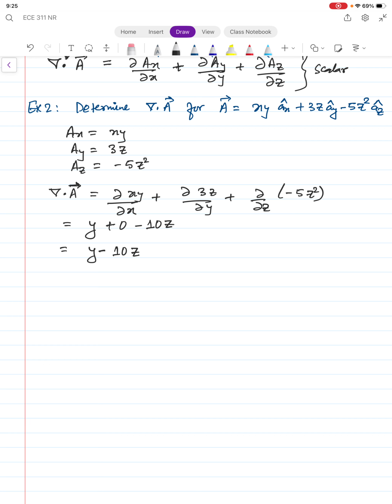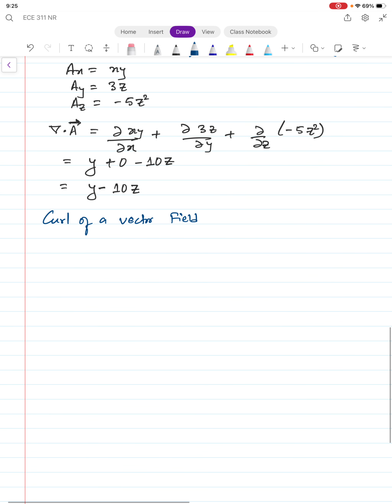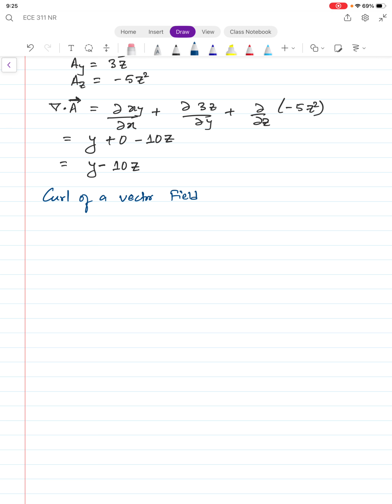Okay, so with that we covered gradient and divergence. Let us go to the third quantity that we are interested in today, which is the curl of a vector field. So first, what does a curl give? Curl of a vector field